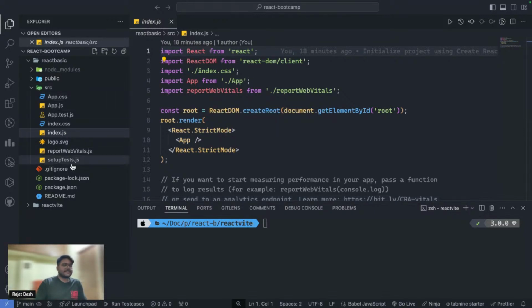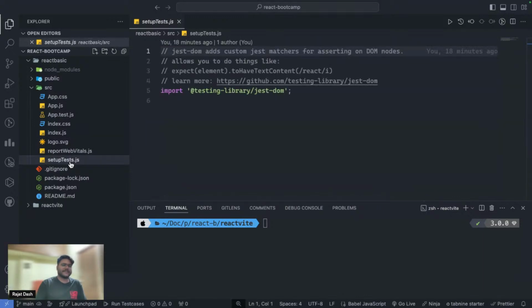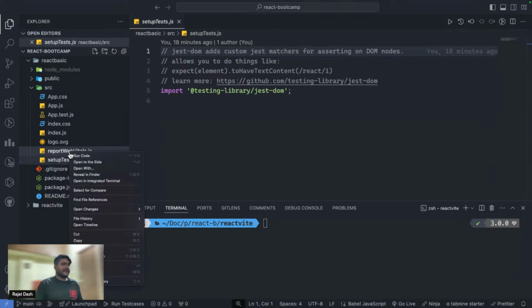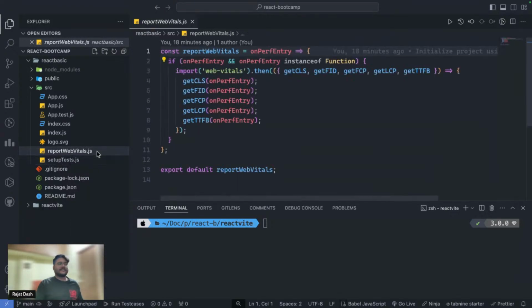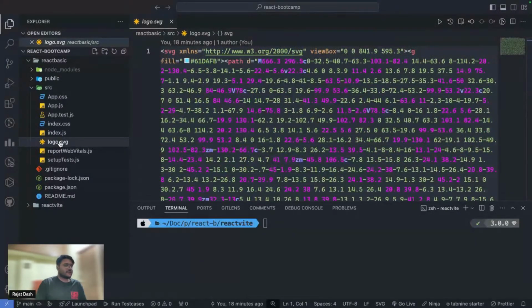Now let's understand what is required and what is not. Initially, we only require majorly two files. One is our main base component, which we are going to embed into the root, and our index file. That's it. So we don't require setupTests. It is for testing purposes. We don't require web vitals. I've already told you that it checks how fast your website is loading and what all the vitals of your website are. Logo SVG, we will not be requiring this.